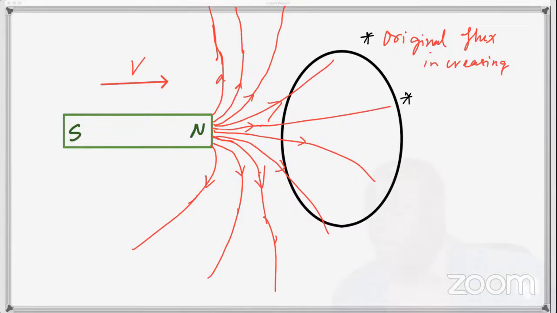Is it same direction or opposite direction? If the original flux is increasing, how do you oppose it? You go against it. So induced flux will be opposite,